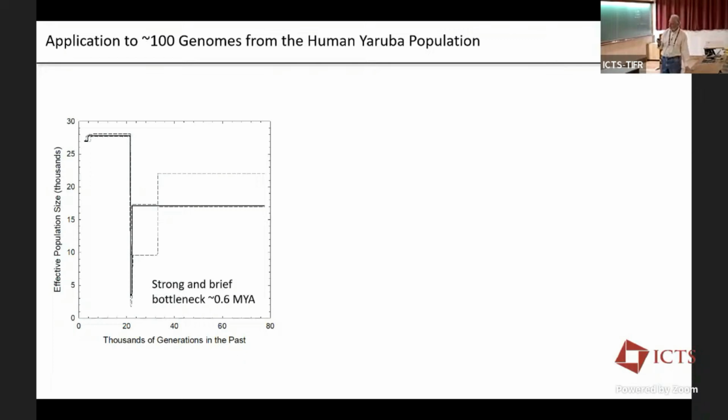So, okay, our first application of the data is illustrated here. I think maybe there are reviewers in the room, I don't know. But we decided to use human data for the Yoruba population. I think there were about 100 genomes, lots and lots of SNPs. You need a lot of information to do this.